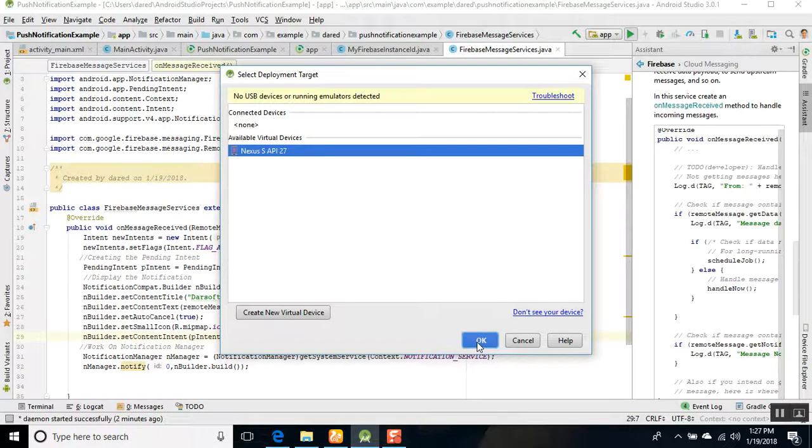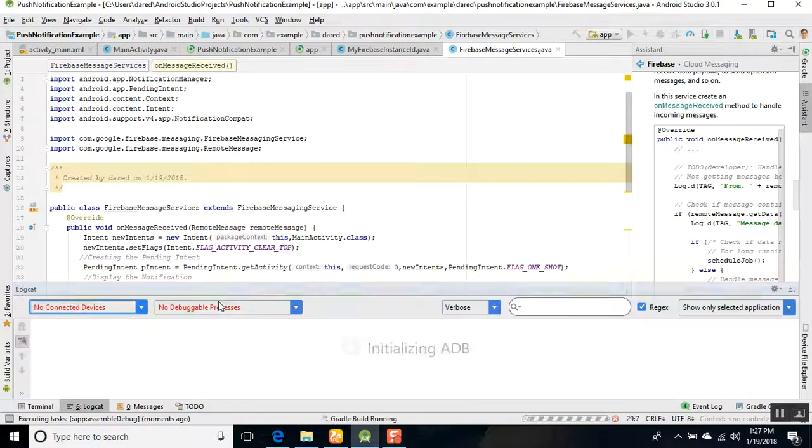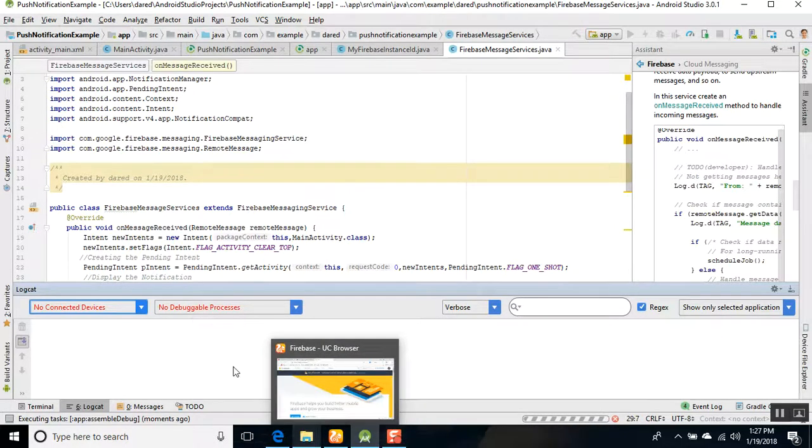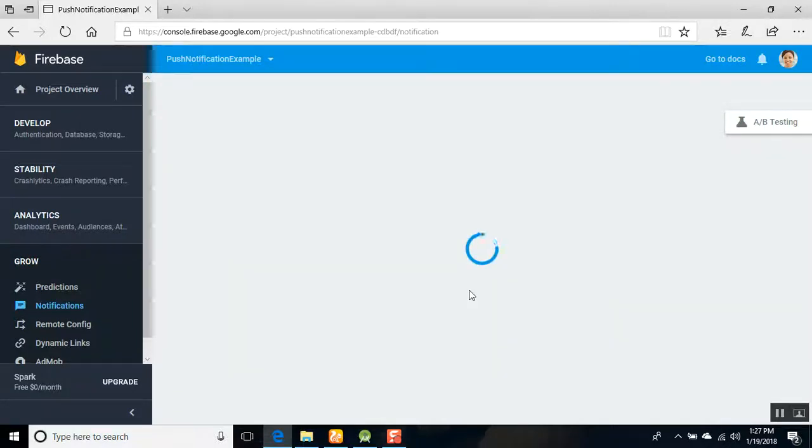We will open the emulator, and you can watch on the logcat what the registration key is. Wait for a few seconds, and you will see this page, and here you can send your first message. Just click on it,